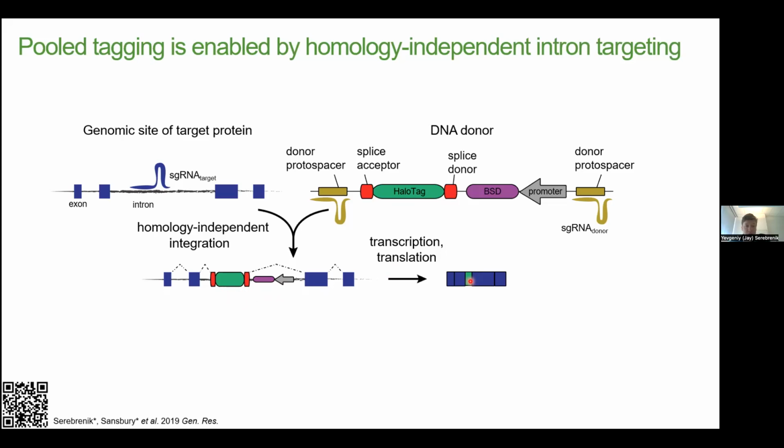So you'll notice we target introns, and that is for a few different reasons. One is because homology-independent repair-based approaches are prone to indels, which are less disruptive in introns. So we basically insert a synthetic exon, which gets spliced into the final product the same way, regardless of the indels that we create. Introns also tend to be quite large, so we have a large variety of spacer sequences